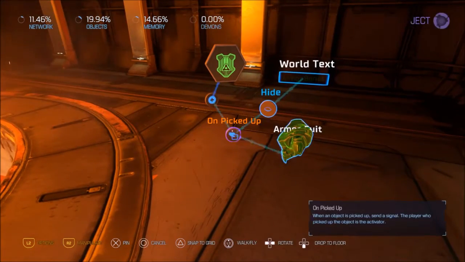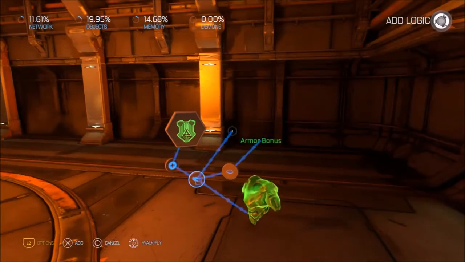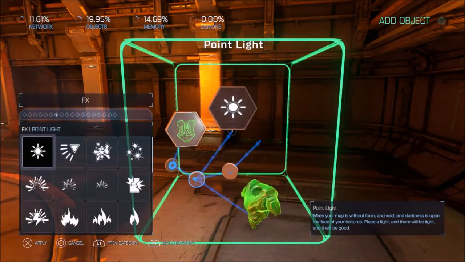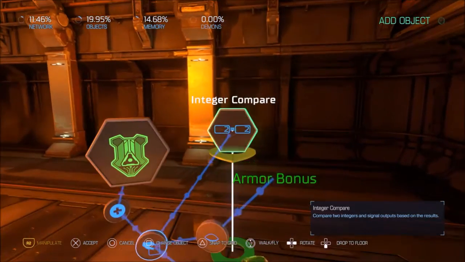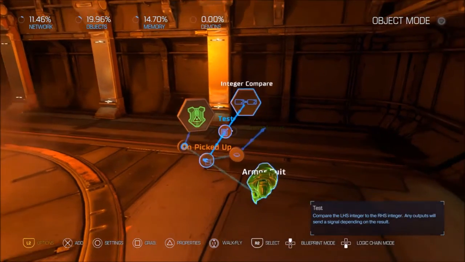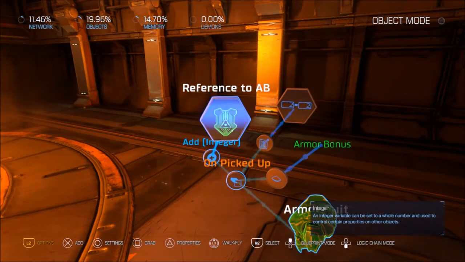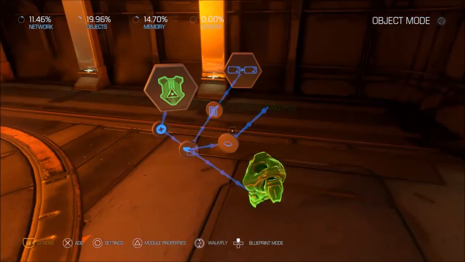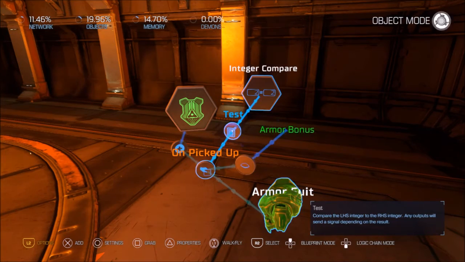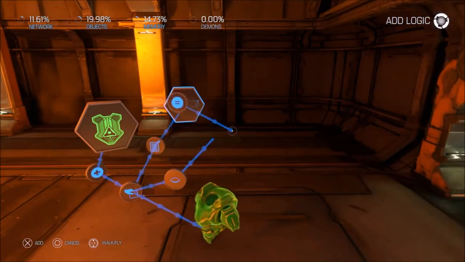The next thing we want to say is that when it's picked up we're going to test our integer, and so what we do is we place an integer compare. We'll place that there and we're going to test it. At the moment it's going to immediately add 1 point to the integer, and then it's immediately going to test it, so we're going to add a delay to that of 0.1 of a second. Now we need to tell it that when the integer equals